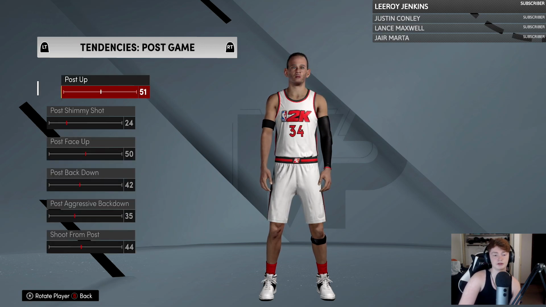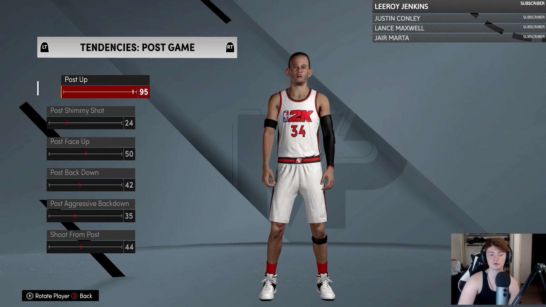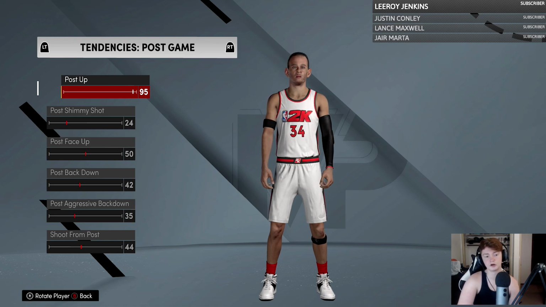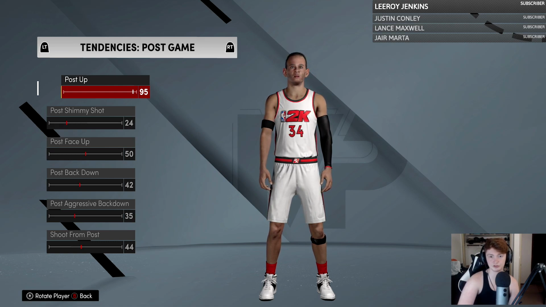Now, post up, this is just the tendency that your character decides to post up. Like I said, if you have this at 95 and you don't have any play types about your character posting up, then you're actually not going to post up that often. So, like I said, please get your play types in order. Also, keep in mind, guard post up is completely good for bigs too, because sometimes when a big is on the perimeter and they have a mismatch in the game, they'll probably just pass it. But if you have guard post up, then they'll post the guy up. They might still post them up if they have this high, but I would put guard post up on them